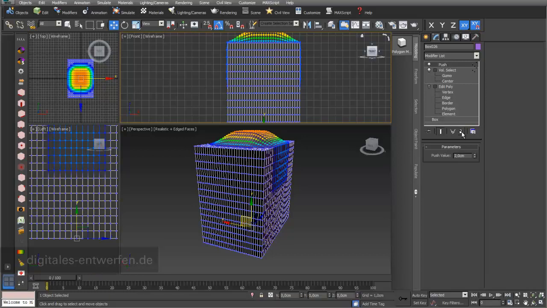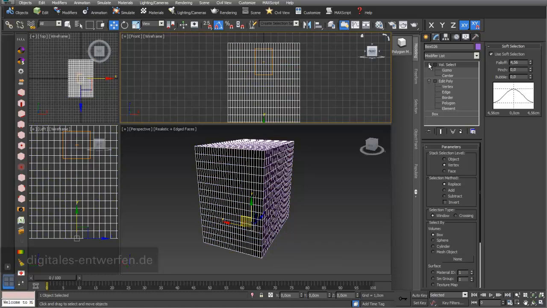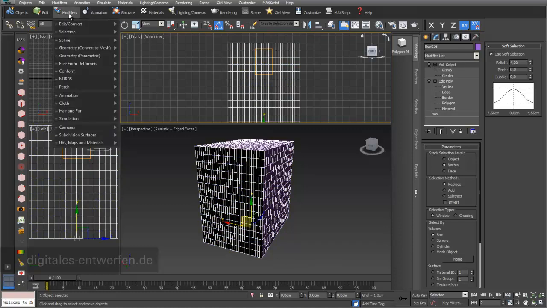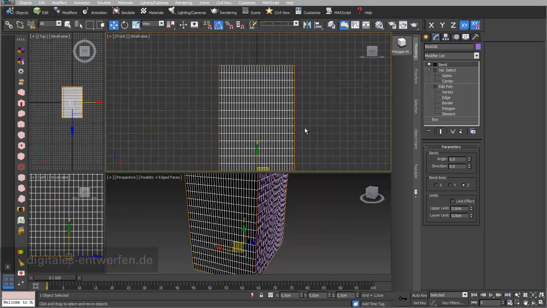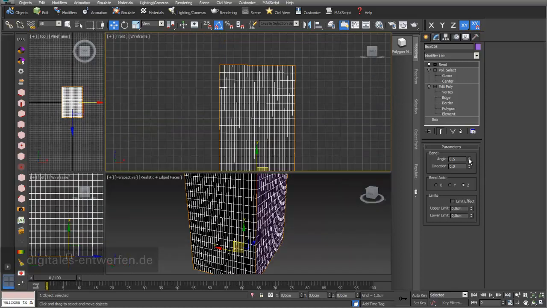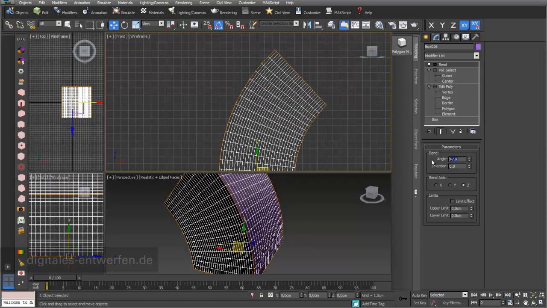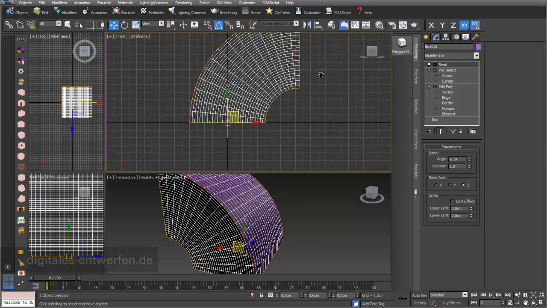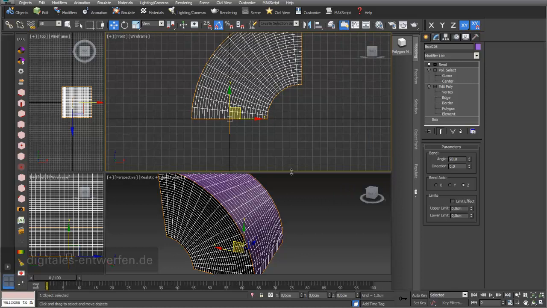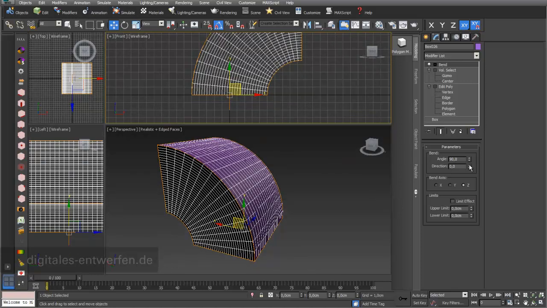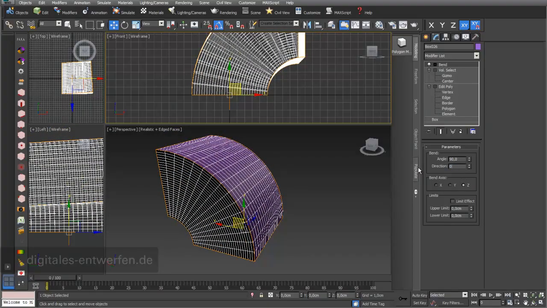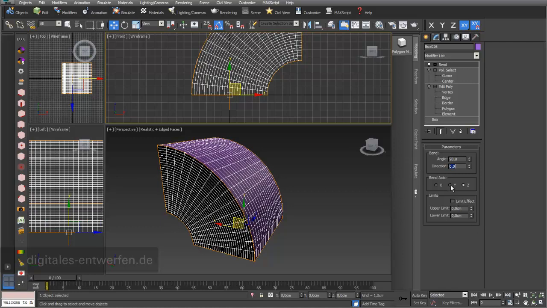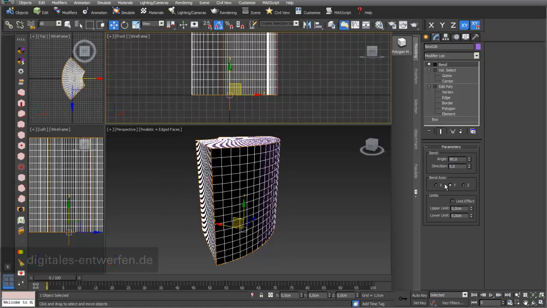The next modifier we look at is our bend modifier, and I just go into modifiers and then parametric. I choose bend, and what I just want to show is that you can define the angle here, and I just choose 90 degrees. There's nothing special. You can also twist it in all directions, and you can choose in which angle it should bend, X, Y,